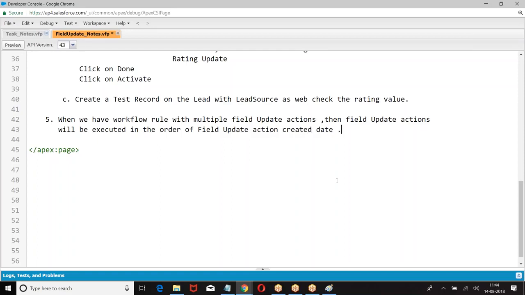When you have workflow rule with multiple field update action, then field update actions will be executed in the order of field update action created date.